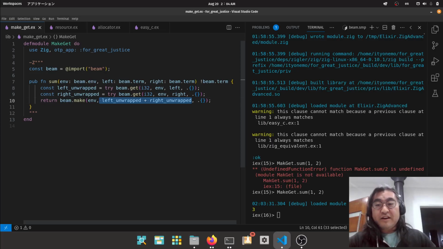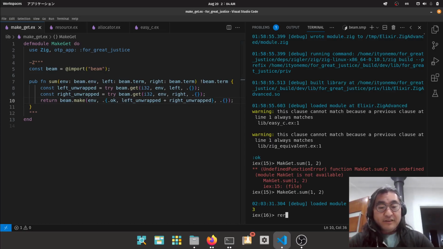And the cool thing here is that let's say we wanted to change the type of this to be like a tuple, and then we wanted it to be an OK tuple. Well, we can pass the anonymous enum here, or sorry, the enum literal here, and an anonymous tuple struct. And then if we recompile this,